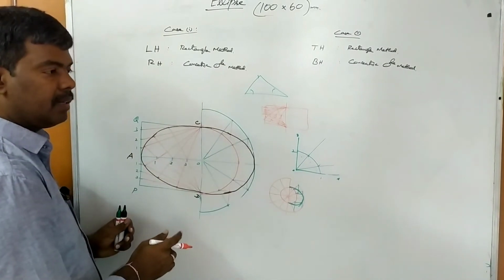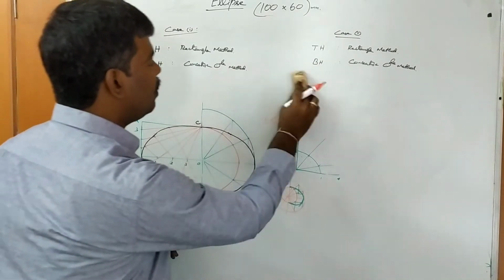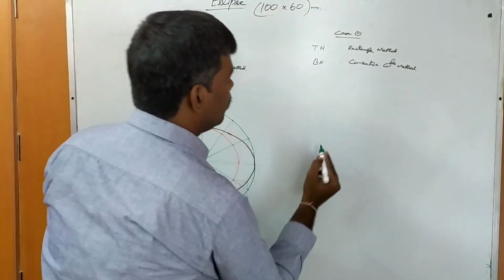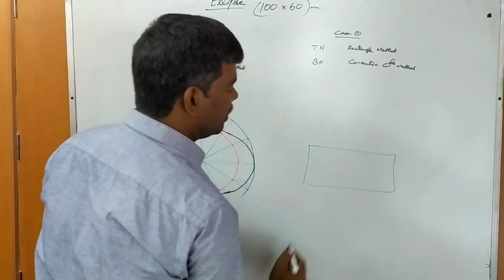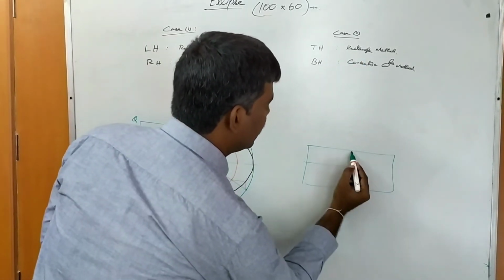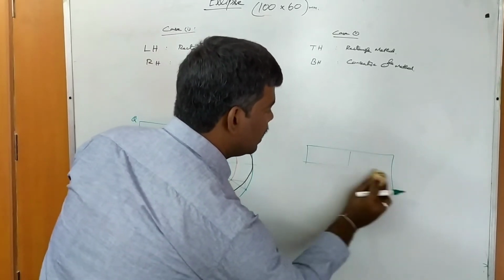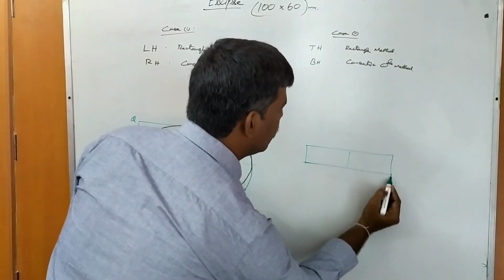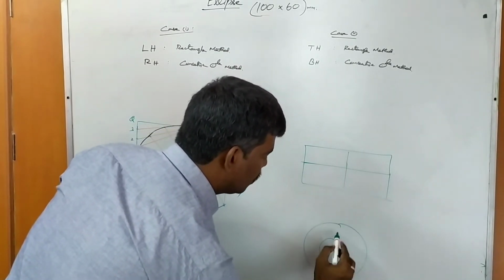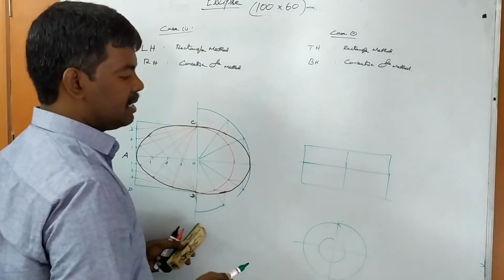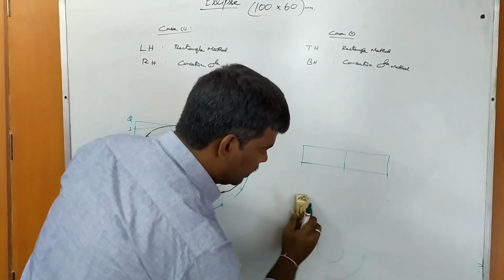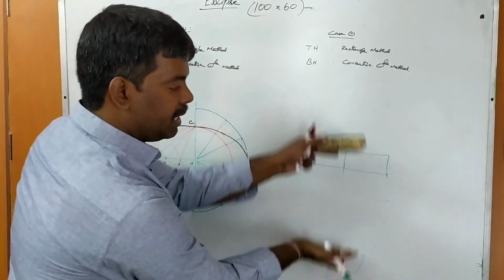Okay, this way. Clear? So next one, we go for this case. So it is rectangle method. So top and bottom. So top is rectangle method. So this is the complete rectangle. So this portion is rectangle method. And next one is concentric circle method. So bottom is concentric circle method. So top is rectangle method and bottom is concentric circle method. This method. Okay. So you combine these two.